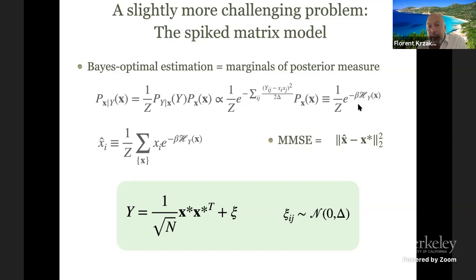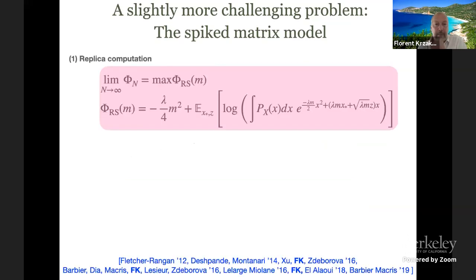So you can write a Hamiltonian, which will not be too complicated. You see, you have this quadratic term here, and then you somehow have to deal with the prior. If it is complicated, it gets more messy. Then what we know from Bayes optimal estimation is that the best estimator, at least if you want to minimize the mean square error, is given by the posterior mean. Okay, so you need to compute these averages.